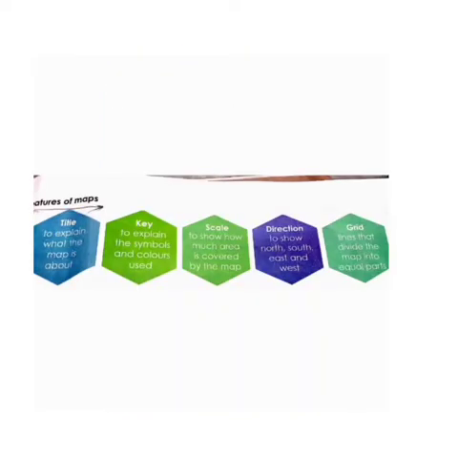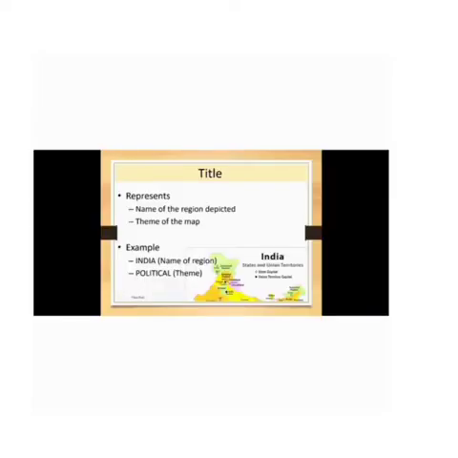Features of maps, or components of a map. Every map has certain components which help us to read it easily and properly. Maps provide lots of information one must know to read and understand. Certain maps are provided with tools or aids to understand essential features of maps. So the essential features of maps are title, key, scale, directions, grid. I will explain them one after another.